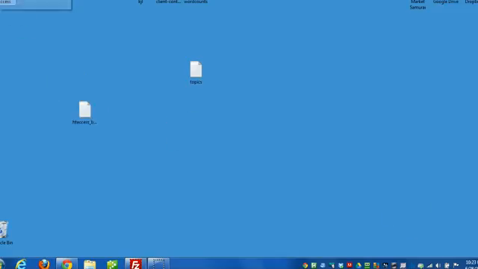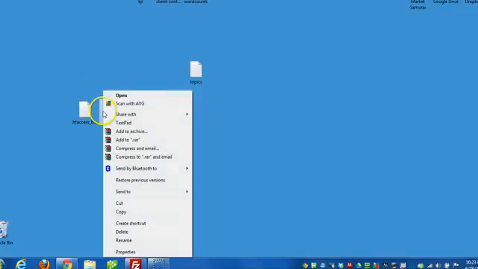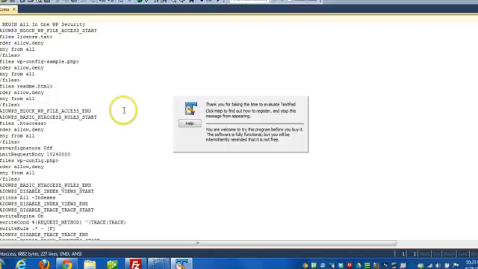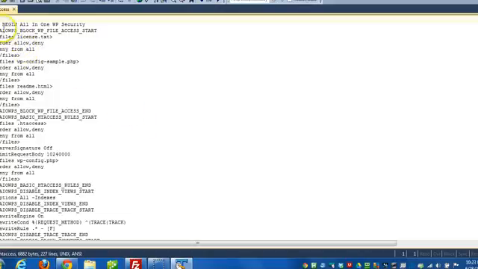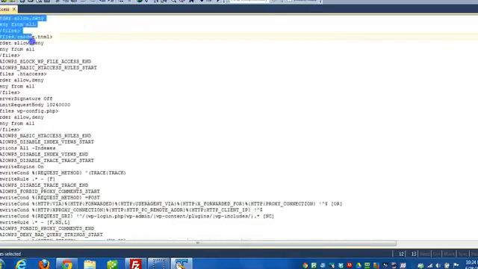And if I needed to modify this file for whatever reason, I can right click it and open with whatever text editor I'm working with, in this case TextPad, and if I wanted to remove all the firewall rules, because sometimes the firewall rules can conflict with some of the plugins that are installed on the website. So if that's the case, then all I have to do is open this file here, and locate the begin All-In-One WP Security line. So I can highlight that all the way down to,